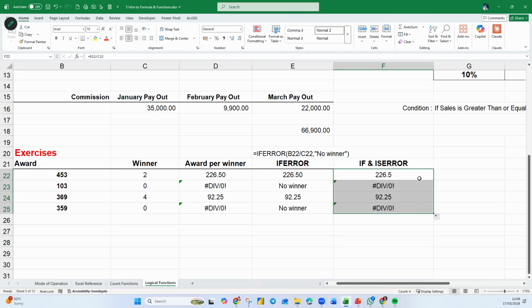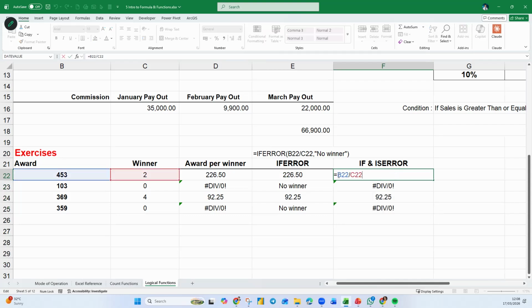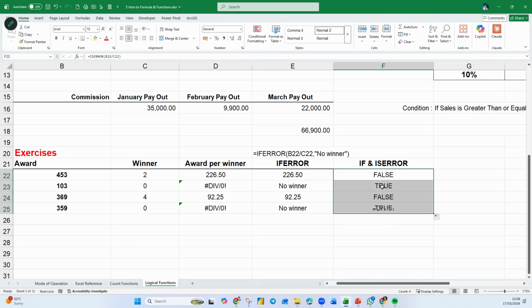Now the situation that I'm going to do last, IF and ISERROR, is like this. I'm not interested to know how much I paid. I want to know, is it awarded or not? So I'm going to ask Excel, hey, this formula that you calculated, is it an error or not? I put ISERROR. They tell me no, this is not an error. The second one and the fourth one are errors, so they got TRUE.